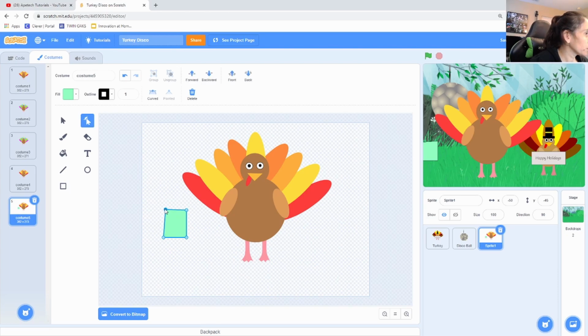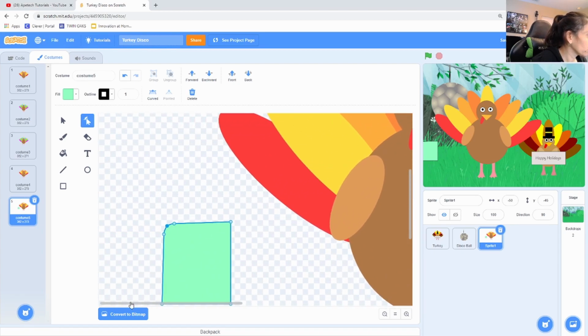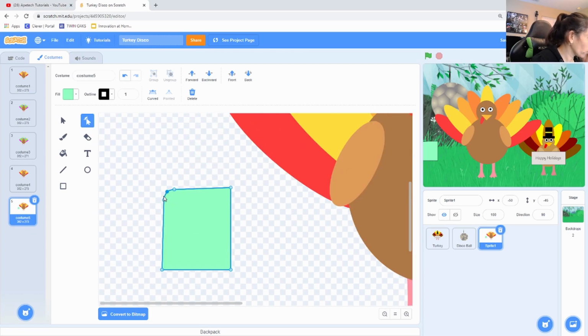Like for sharp edges like this, you can always click on items and just tuck in, so you can make corners look more round by making more dots in them. So let me show you. Let's go this way. So you see how this is curved and this is pointy? The way I made it curve was by making these little dots in it, right? Oops, you need to make two. And then this one. And then you just bring your corner in, so that makes it look more